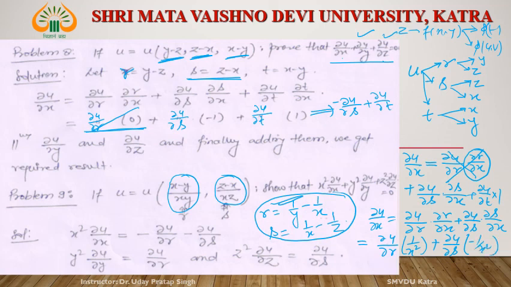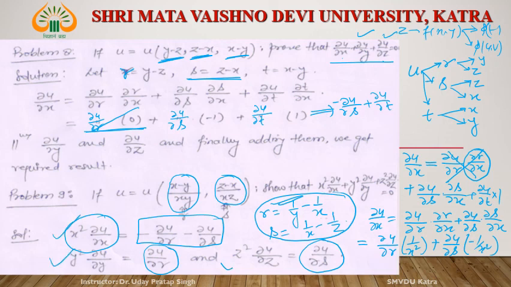Now multiply x square by del u by del x. X square del u by del x is equal to this term. Similarly, y square del u by del y is equal to this term, and z square del u by del z is equal to this term. Add this term and this term, right? We automatically get the right hand